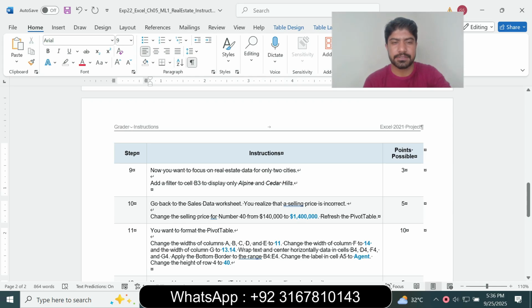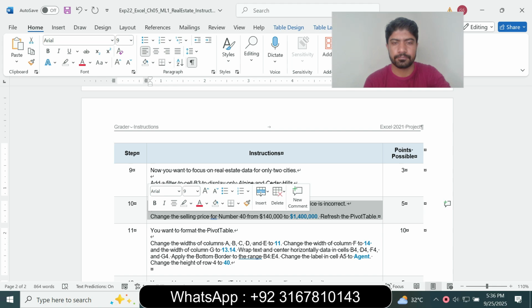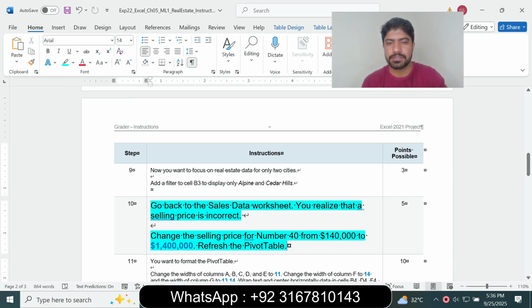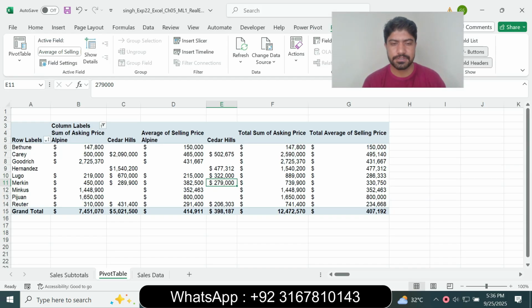So question number 10 is go to the sale data worksheet and you realize the selling price is incorrect, and change the selling price to 40 and refresh the pivot table. So change the value. So copy the value and go to the sale data worksheet